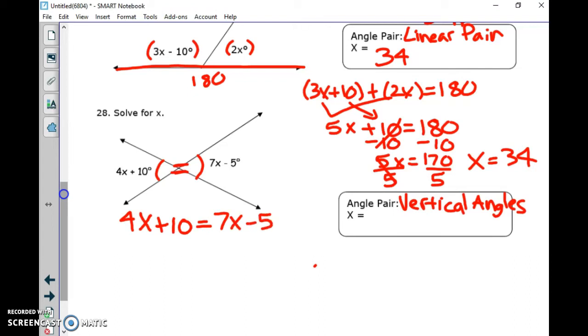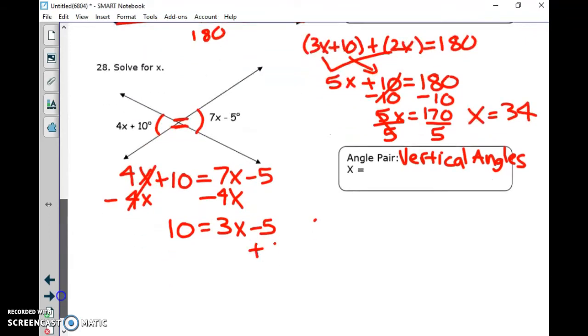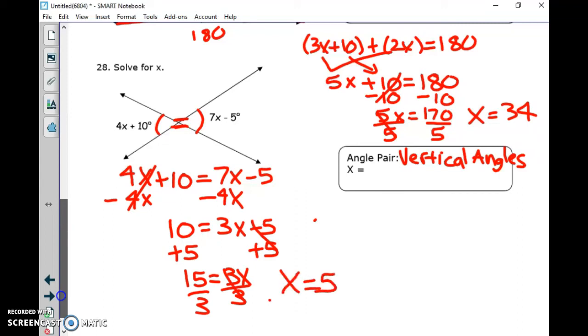We get rid of the smaller x, minus 4x, minus 4x. Cross those out. Bring down 10 equals 3x minus 5. And then we can get rid of the loner, add 5 to both sides. 15 equals 3x. And then we get rid of the 3 coefficient by dividing. 15 divided by 3 means x is equal to 5. Okay? So x is equal to 5. Cool. On the next page,